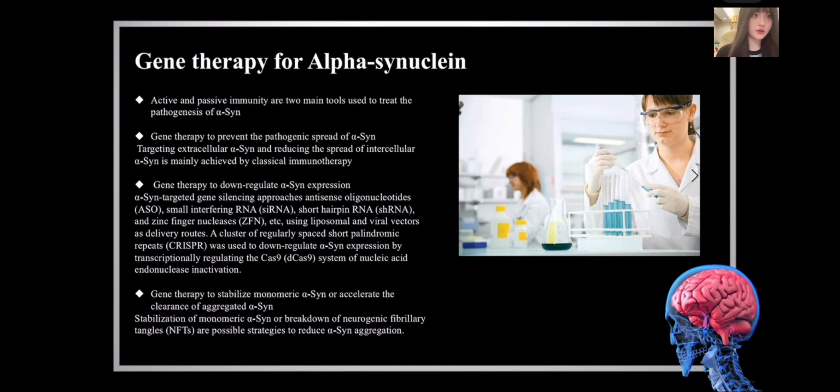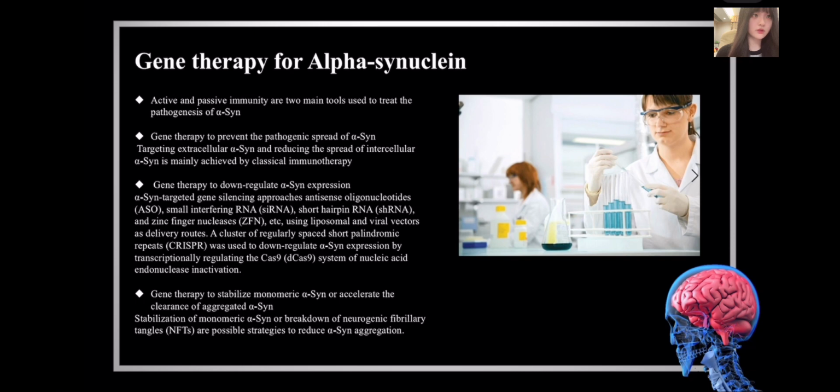Although the main substances that stabilize monomeric alpha-synuclein are small molecules, several gene therapy candidates have emerged that might have a similar stabilizing function. For example, nanobodies designed to target the non-amyloid component of alpha-synuclein could both inhibit misfolding and accelerate clearance,